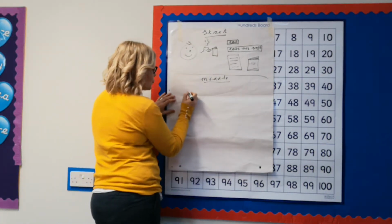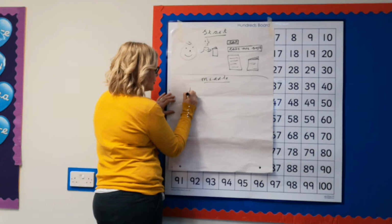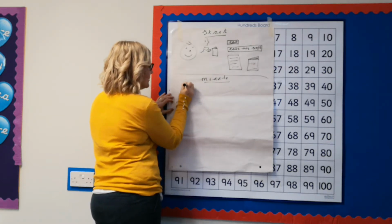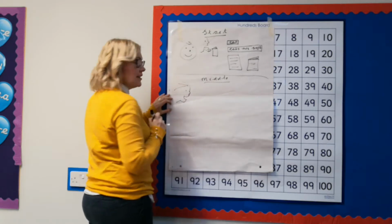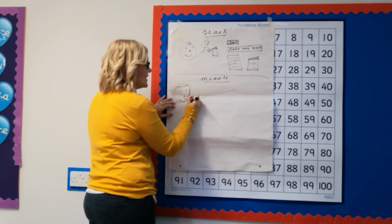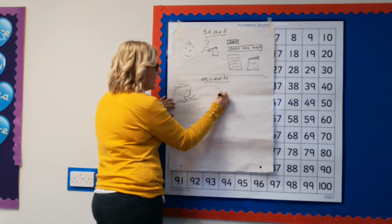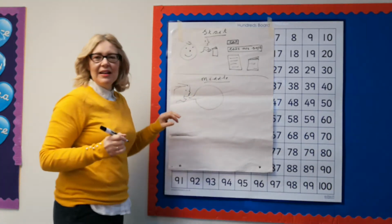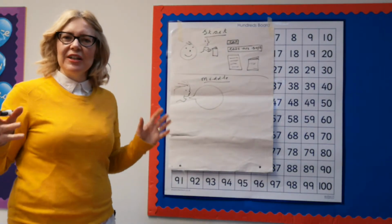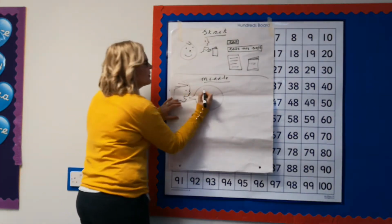So I'm going to draw Henry here with his little nose and his mouth. There he is. The line, he's got a little bit of hair on there. Doesn't quite look like Henry in the book, but you know, there is Henry. And he starts to say some very clever things. So what kind of clever number sentence can we give him? He's got a huge kind of equation in the book, but we're going to go with, should we go with